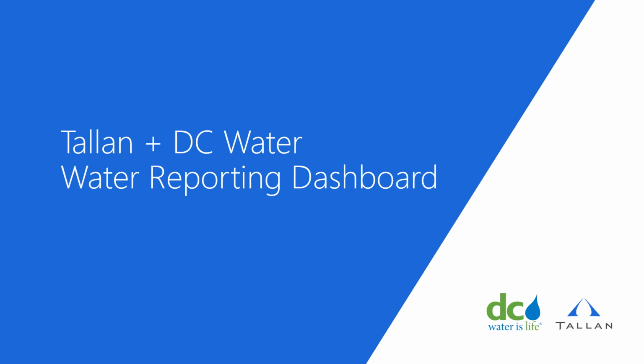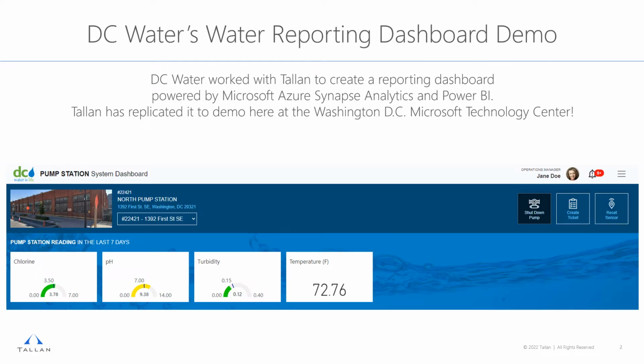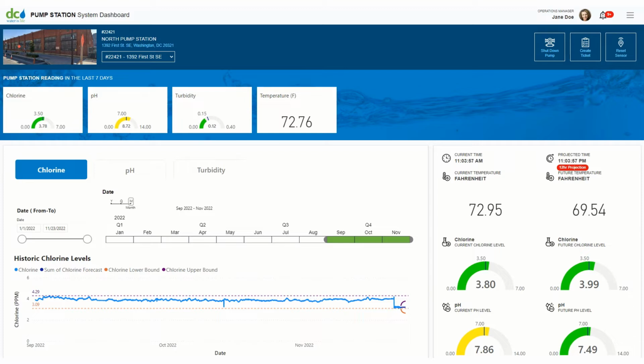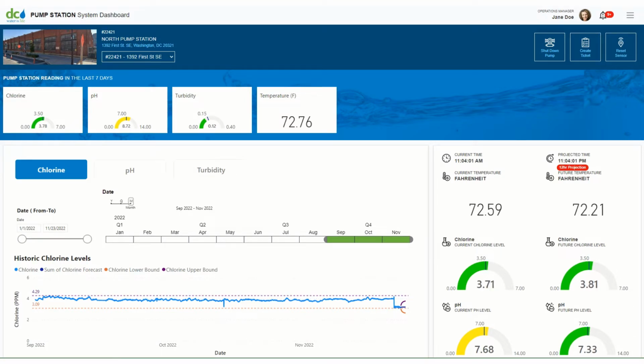Tallan and DC Water Reporting Dashboard. DC Water worked with Tallan to create a reporting dashboard powered by Microsoft Azure Synapse Analytics and Power BI. Tallan has replicated it to demo here at the Washington, D.C. Microsoft Technology Center. DC Water initially sought a reporting solution that could be viewed and interacted with at any location